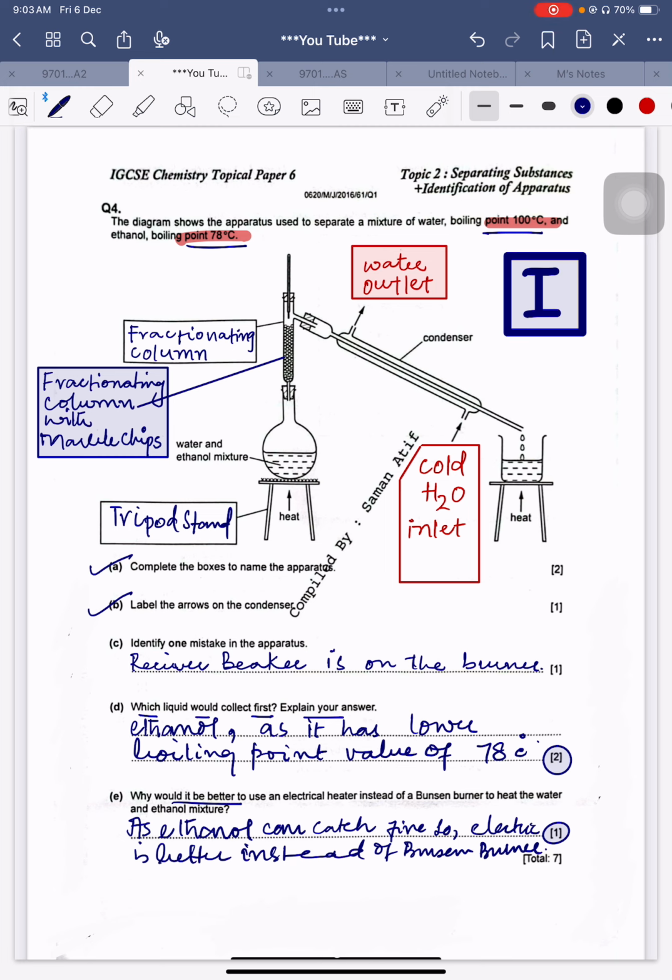Guys, remember that each of the questions should be answered very clearly, very properly. This is a question from an ATP paper. The ATP paper is just the application of the practical paper. This is one of the frequently asked questions. It is very important to keep all the points related to fractional distillation in your mind. Fractional distillation is a topic of industrial importance, so that's why the examiner frequently asks questions related to this.